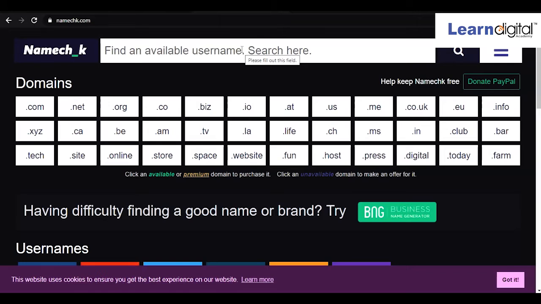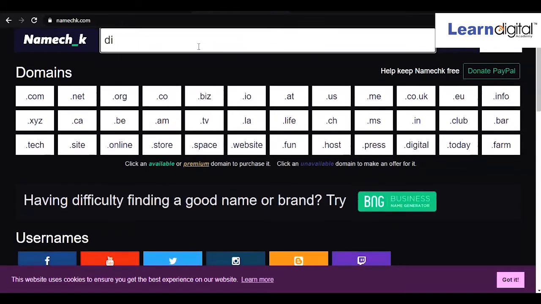I'll type digital mania. This is the word I have taken for registering a domain. Let's check whether it is available or not.